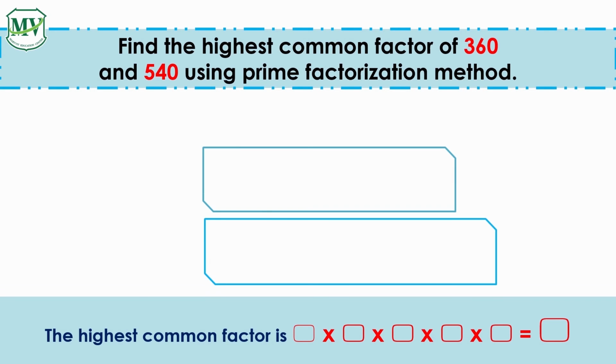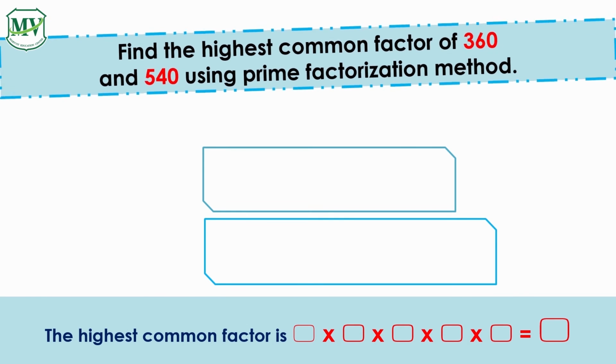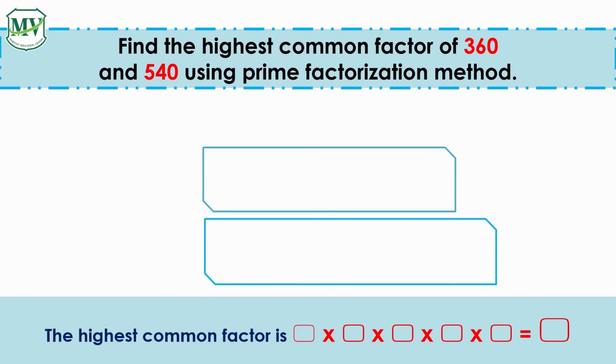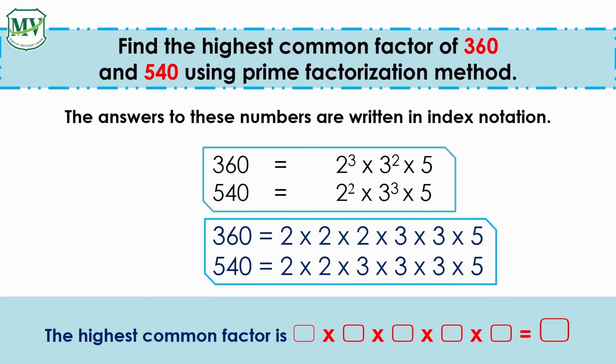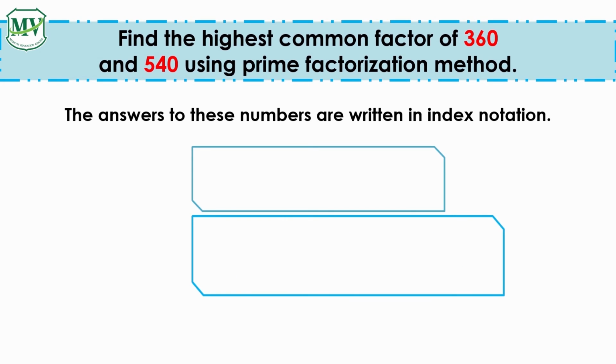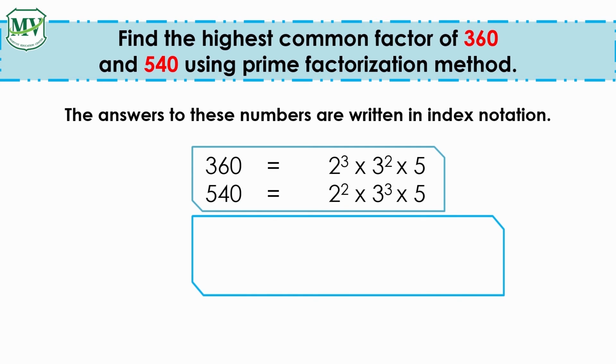Next, let's answer exercise number 8 on page 52. Find the highest common factor of 360 and 540 using the prime factorization method. The answers to these numbers are written in index notation. Let's discuss our answers. The prime factors of 360 written in index notation are 2 to the power of 3 times 3 to the power of 2 times 5, while the prime factors of 540 are 2 to the power of 3 times 3 to the power of 3